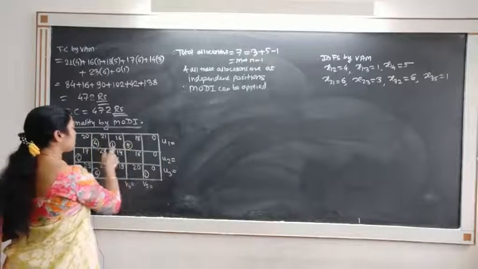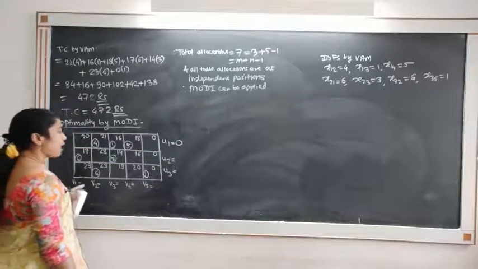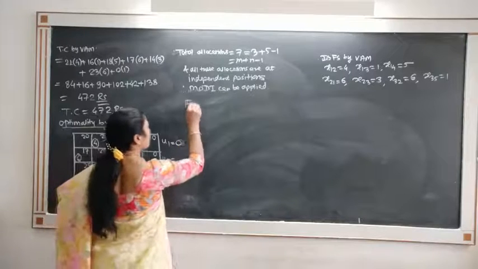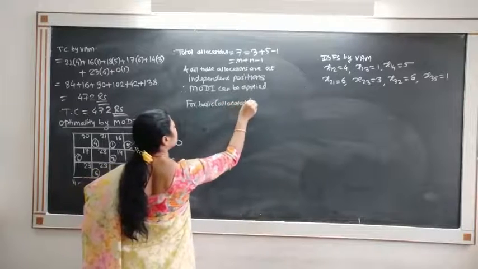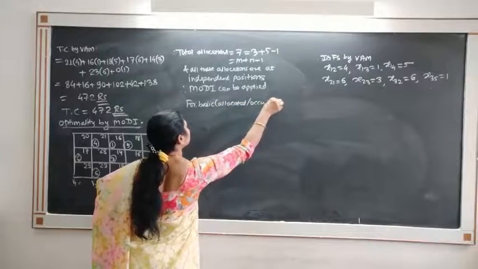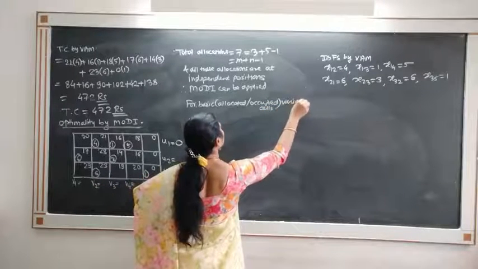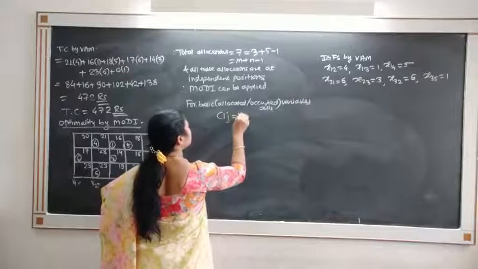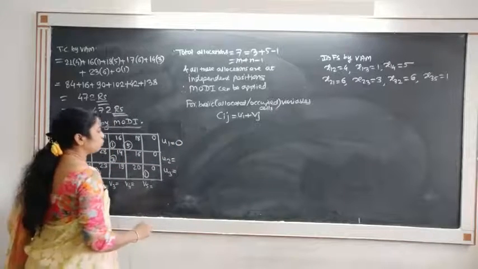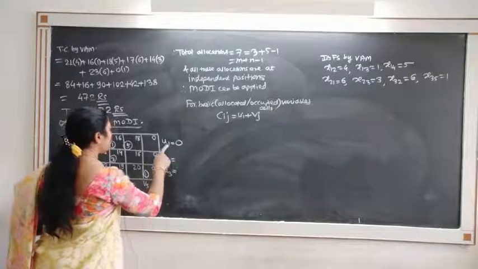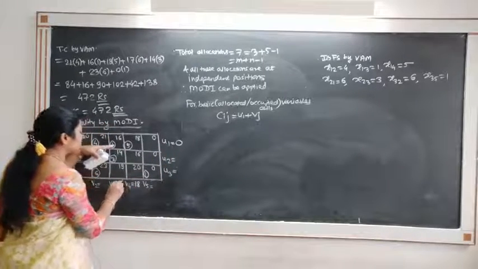Because the first row has maximum allocations, we will assume u1 equal to 0, and using the formula for basic variables, that is for allocated or occupied, we use the formula Cij is equal to ui plus vj, and find all the values of u1, u2, u3, v1, v2, etc. So u1 is equal to 0 gives v4 is equal to 18, v3 is equal to 16